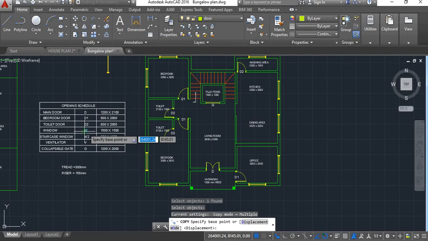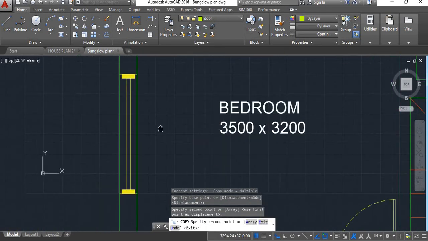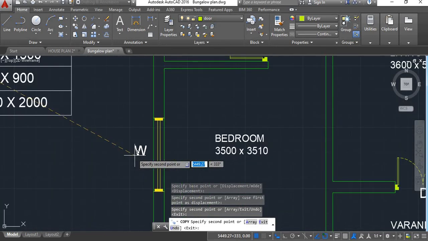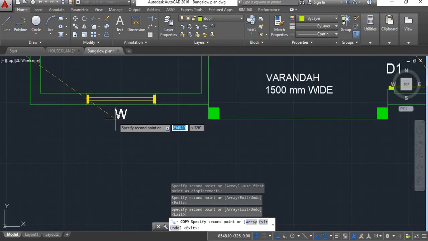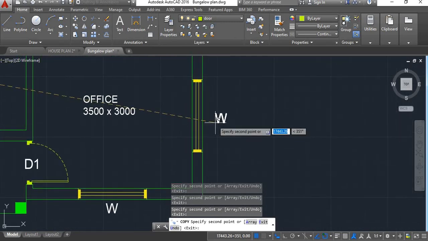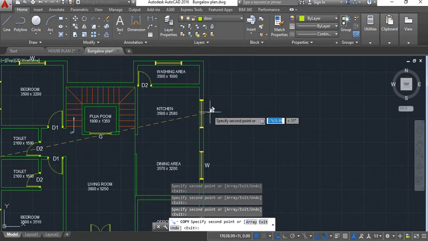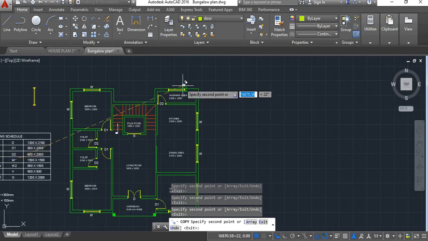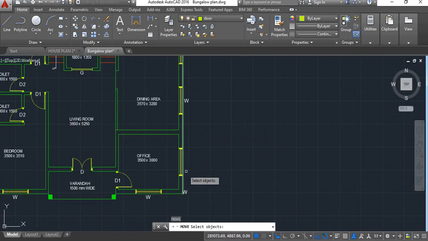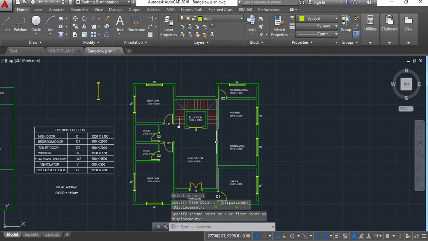This is W, so we'll copy this, we'll copy it here, here to the every windows that we have provided. So we are done with our windows.